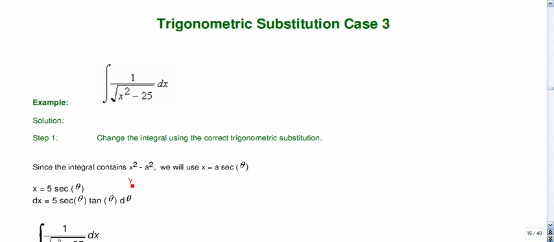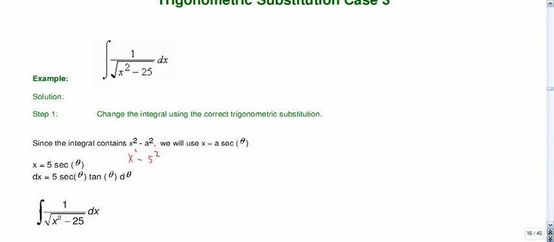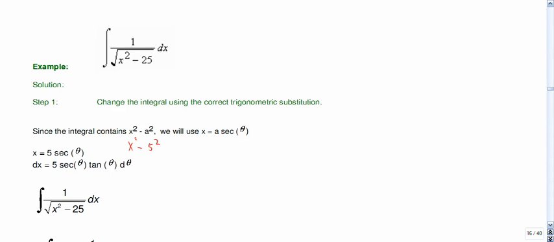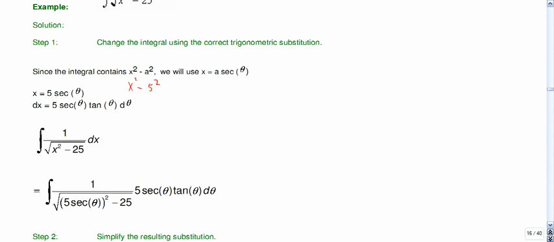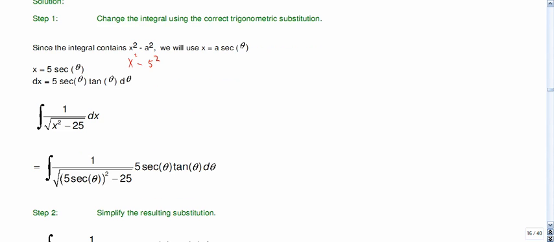So notice it's x squared minus 5 squared. So if we do that, x then would be 5 secant theta. Take the derivative, we get dx is 5 secant theta tangent theta d theta. Substitute in 5 secant theta for x, and 5 secant theta tangent theta d theta for dx, which is what I did here. Now we have to simplify, and hopefully the simplifying becomes a little bit like following your nose